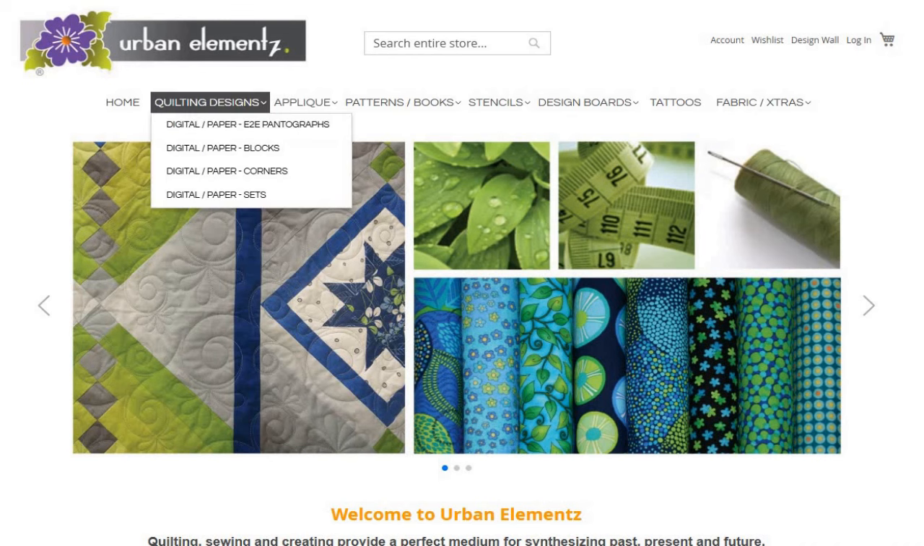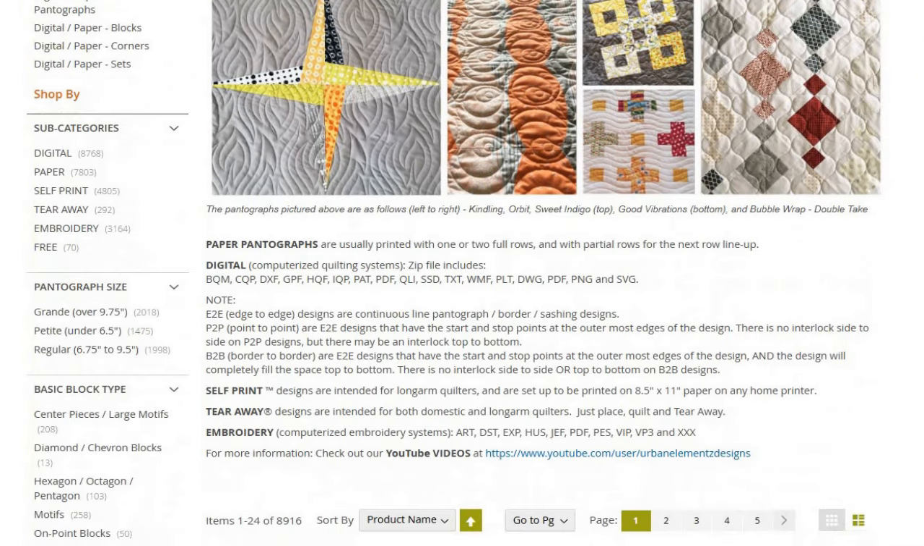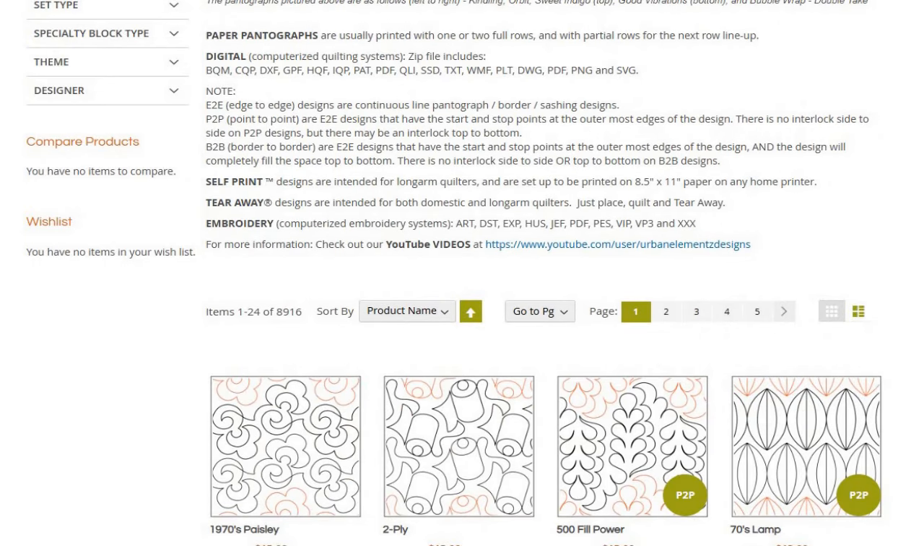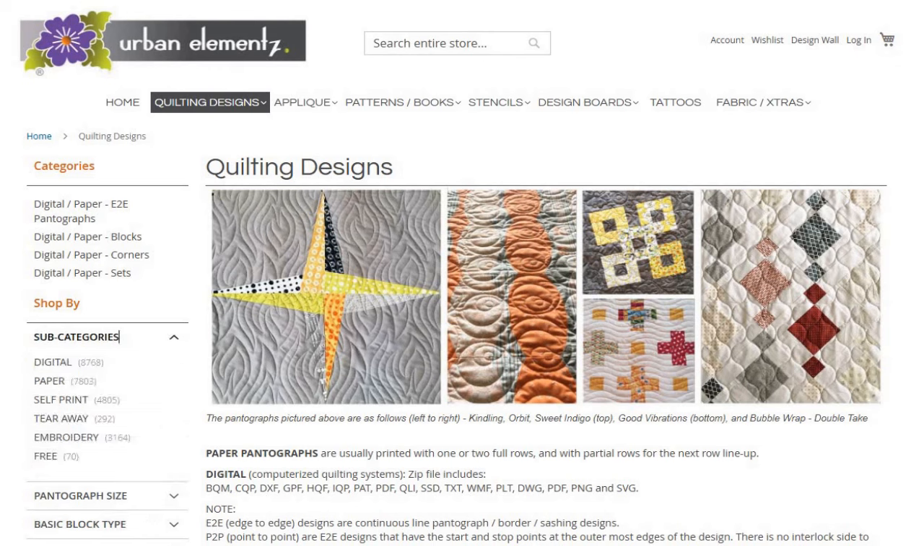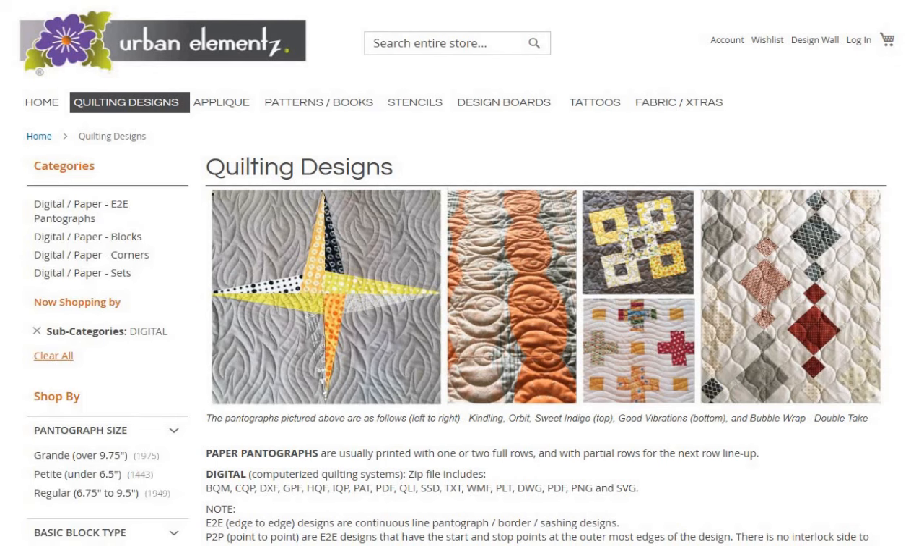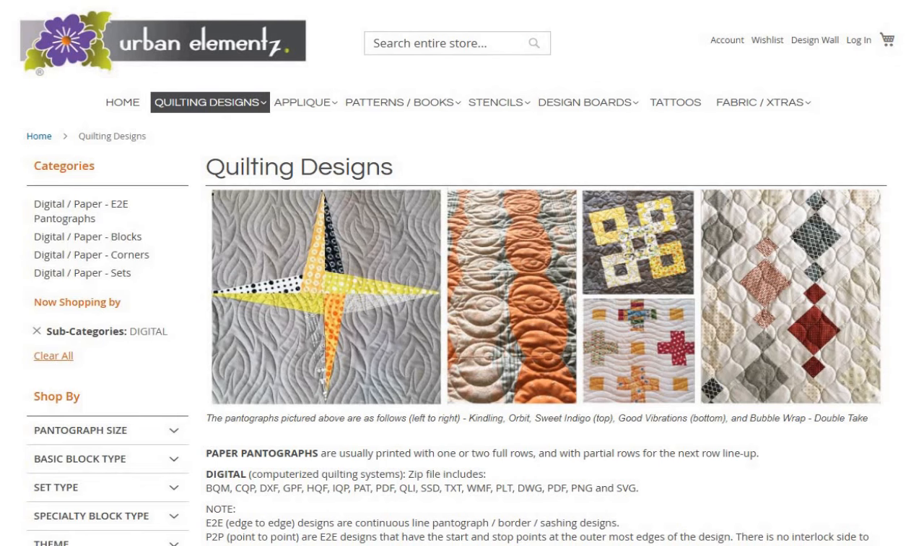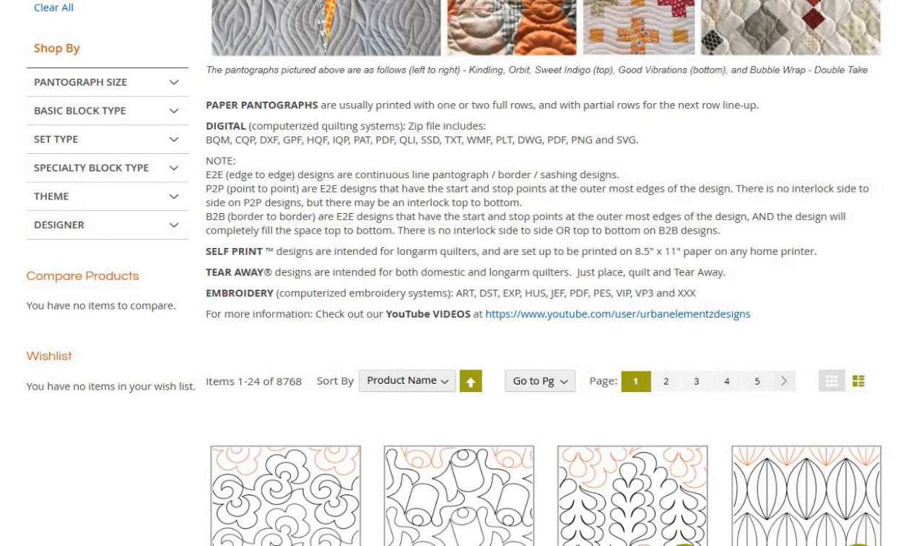If we first look at the quilting designs altogether, we can see very quickly that there's 8,916 to choose from, which would take a very long time to look at them all one time, let alone to go back and forth and to choose. So if we wanted to go through and sort them down into subcategories, we could first choose digital, in my case, because I would be using them on the IntelliQuilter. That only narrows them down to